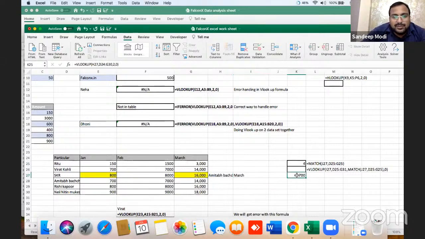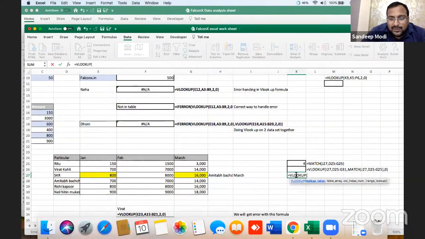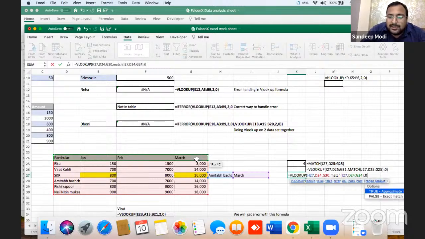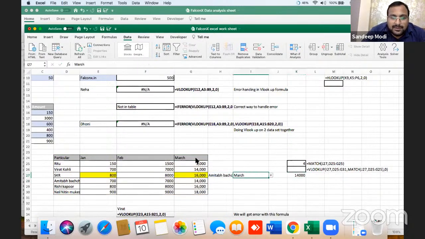This is how we can use lookup and match together. Let me show you the formula. We VLOOKUP. This is the lookup value. Now this is my data array. Now in column index, I will use the MATCH function. The MATCH function will take two arguments, lookup value and lookup array. Bracket close, enter, done. Now if you change anything here, everything will change.